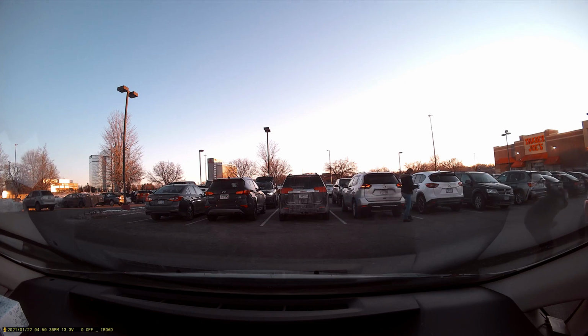It does also have a high temperature cutoff, so if you live in a hot climate and during parking mode it's getting really hot, over 100 degrees, it will shut the camera off to protect it from getting damaged from that high heat. Another thing I was a little disappointed with in this parking mode though is there is no